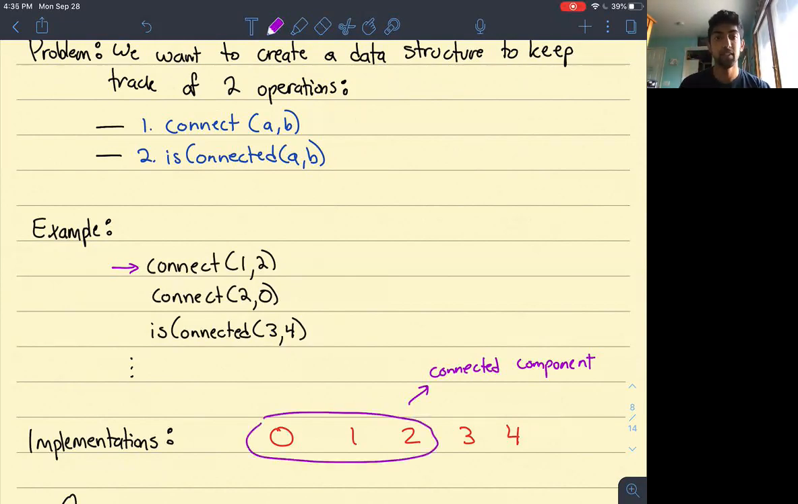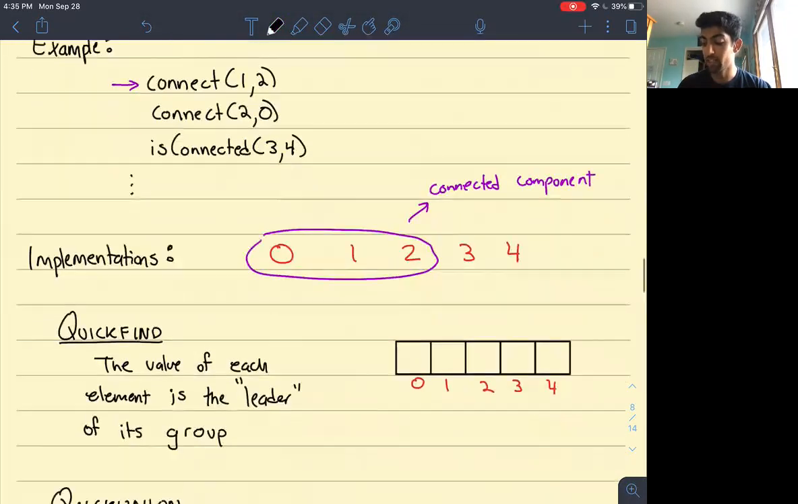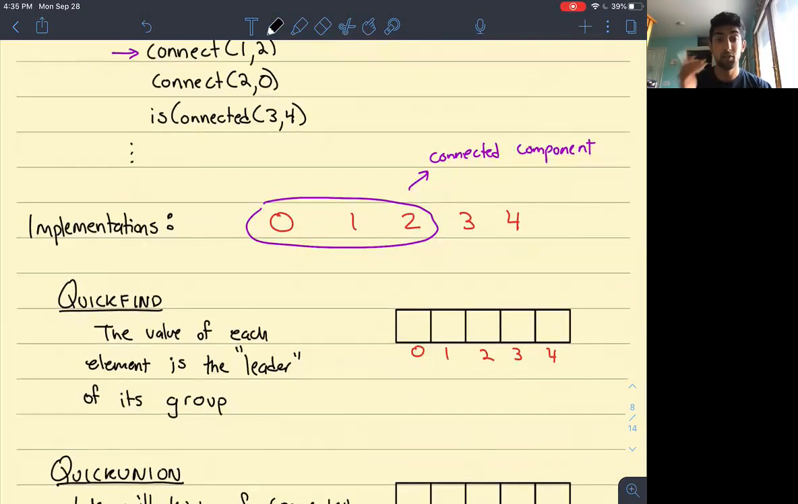And then if we do isConnected of 3 and 4, this will give us false because 3 and 4 are not friends. If I do isConnected of 0 and 1, that would give true because 0 and 1 are friends, right? So this is the problem we're trying to solve. And how we're going to solve it is we're going to keep creating solutions and making them better as we go on. The first way of solving this problem, and all of these solutions have an underlying array implementation,